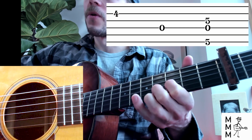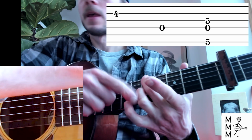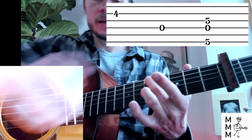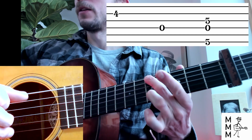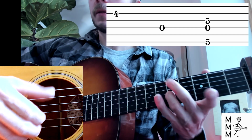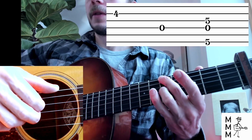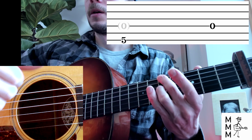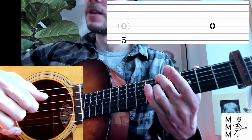Then a weird chord change here. We're going to go 5 on the lowest string and then 5 on the 3rd string. And I'm using ring here. Or sorry, middle and then ring. So 5 on the lowest string and 5 on the G string, 6 and 3. And I'm going to pinch 6, 4, and 3 with thumb, pointer, middle. Hit that low note again. Then do open again on the D string. So it's...